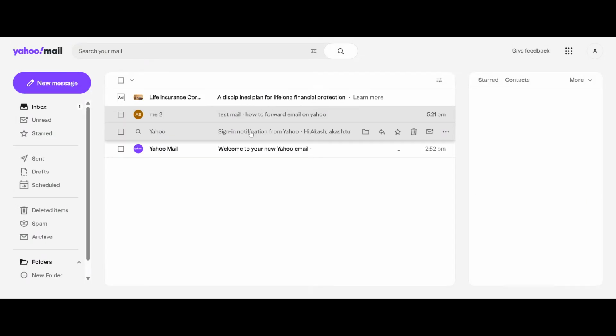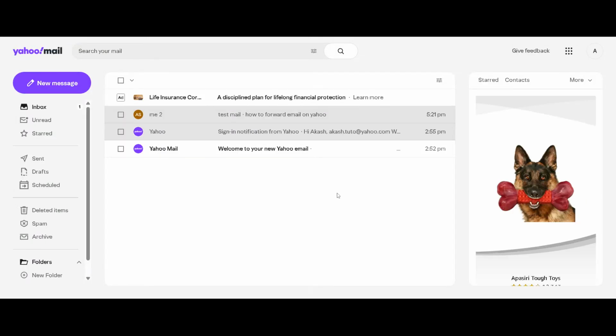Today, I'm going to show you how to forward an email on Yahoo Mail step by step. This is useful when you need to share an important message, document, or information with someone else without copying everything